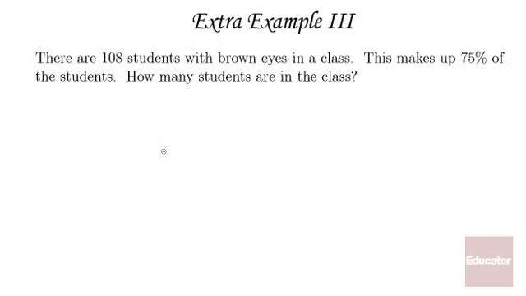There are 108 students with brown eyes in a class. This makes up 75% of the students. How many students are in the class? So 108 out of the total students makes up 75 over 100. 75 over 100 is the proportion that it equals. So we could use a cross product here. We could say